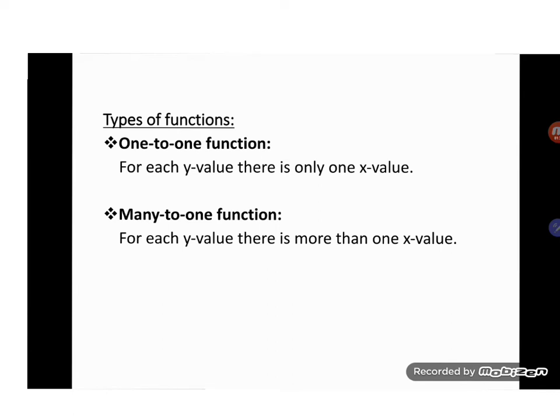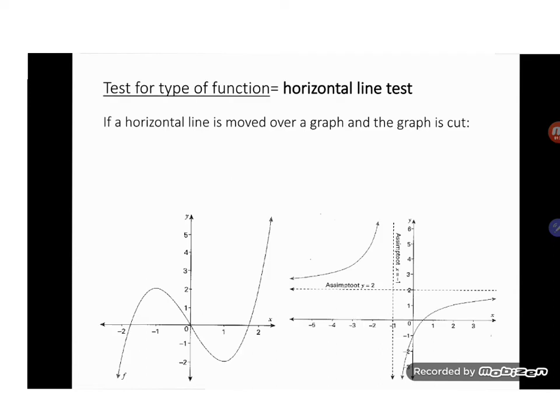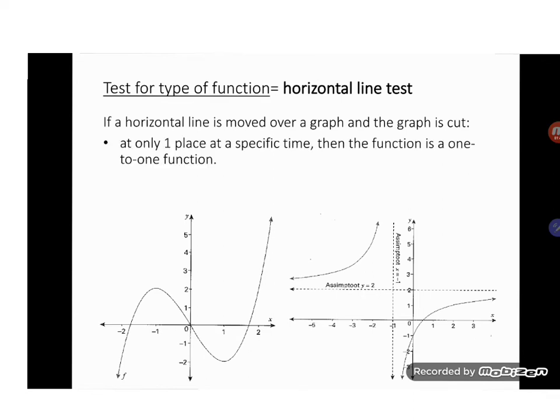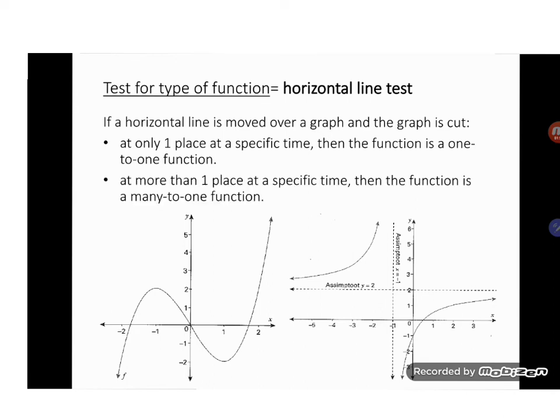And once again, there's a test for the type of function, and that is the horizontal line test. If a horizontal line is moved over the graph and the graph is cut at only one place at a specific time, then that function is a one-to-one function. If that horizontal line cuts the graph at more than one place at a specific time, then the function is